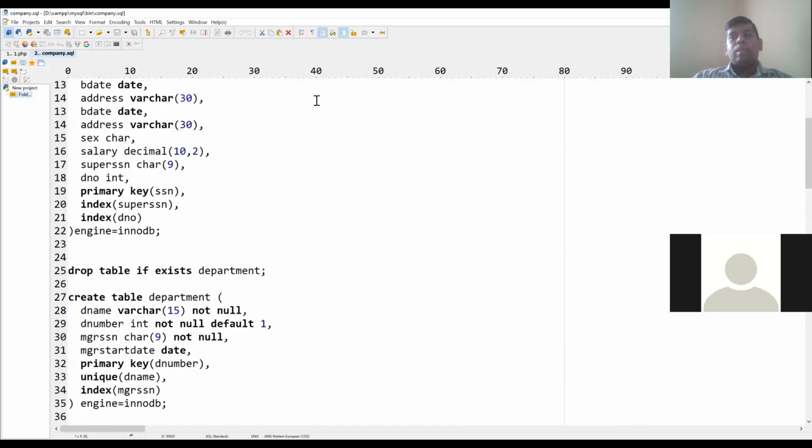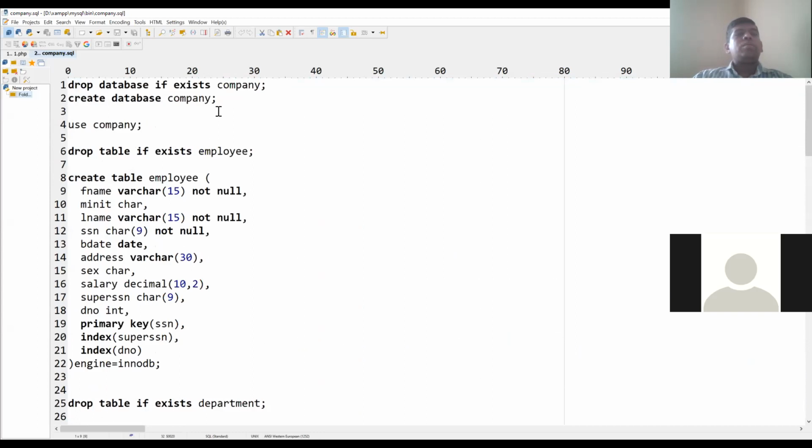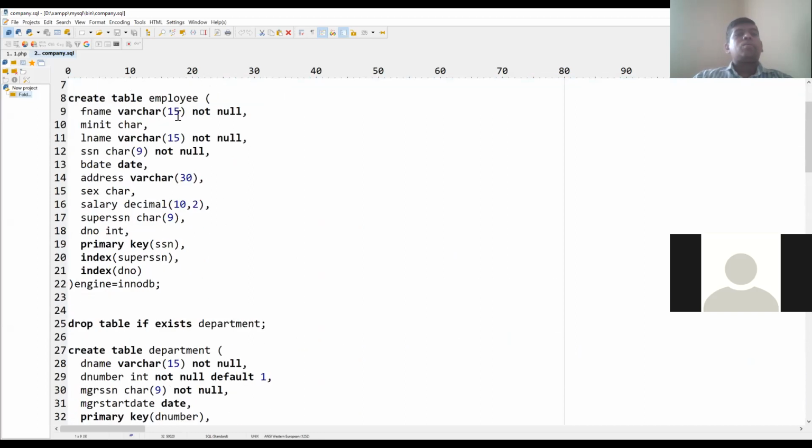Let me start from the beginning. Okay, so this is about the company database. So several tables are there. So we have employee database here, and then you can see